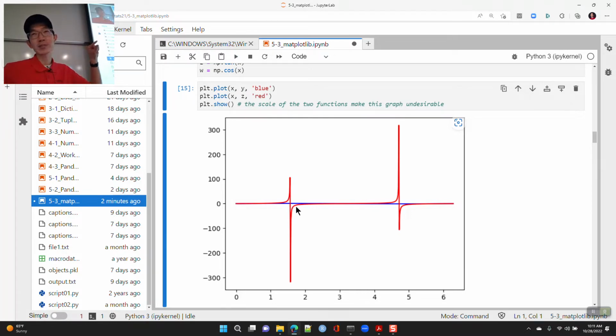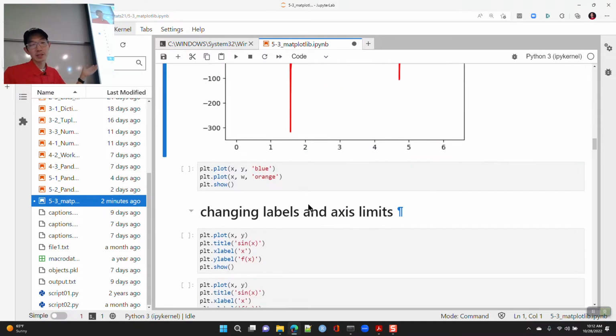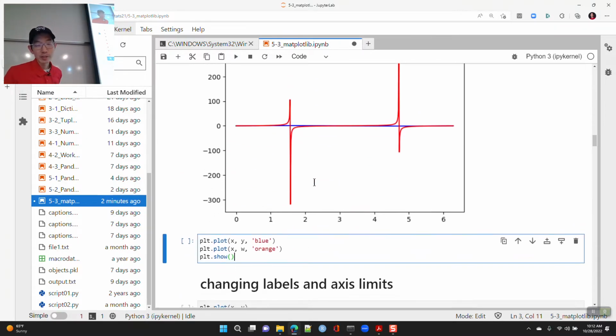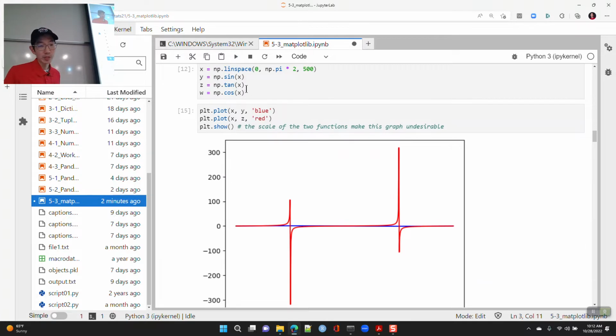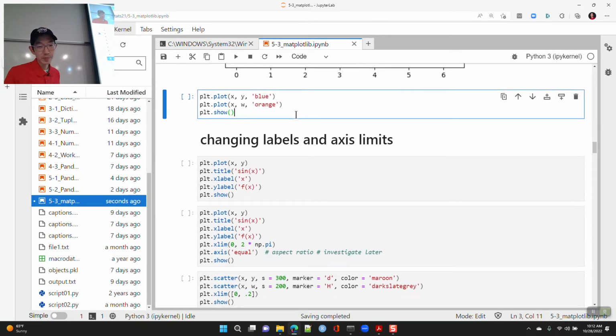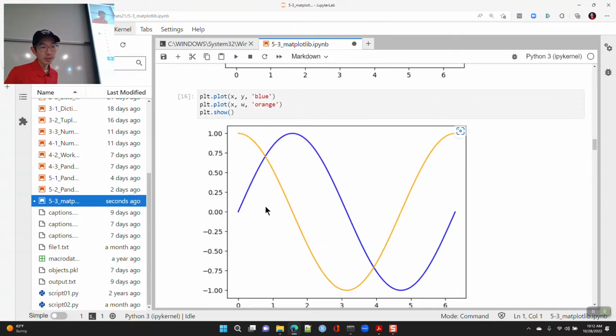What did I say? Sine was -1 to +1. It's enough to dwarf that we see. Basically, it looks like a flat line here. Okay, but that's not the case. So, but you know, it looks better if we did y and w, which is sine and cosine. And here we can kind of plot these two together. So again, within a single code chunk, you can call plt.plot multiple times, and it will just kind of add to the existing plot.